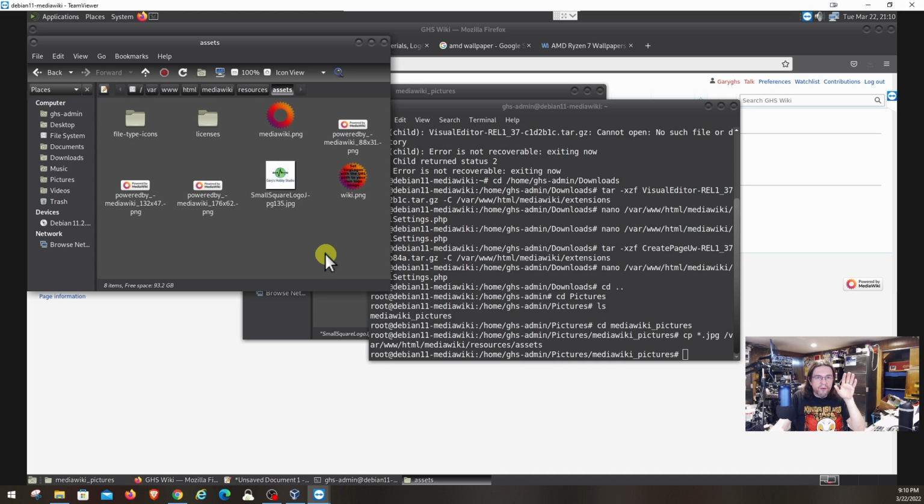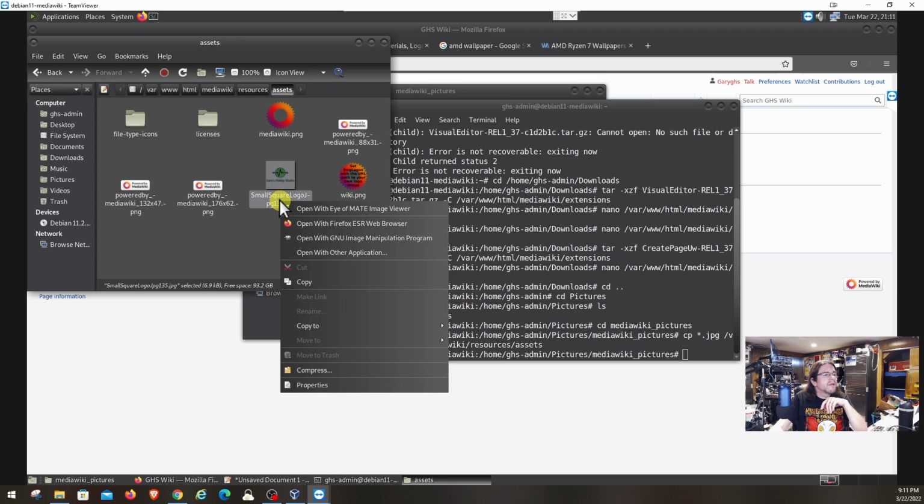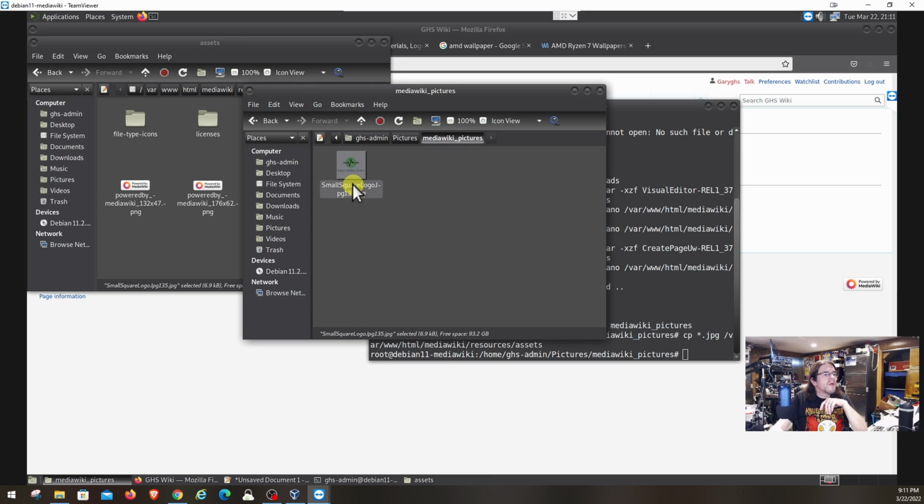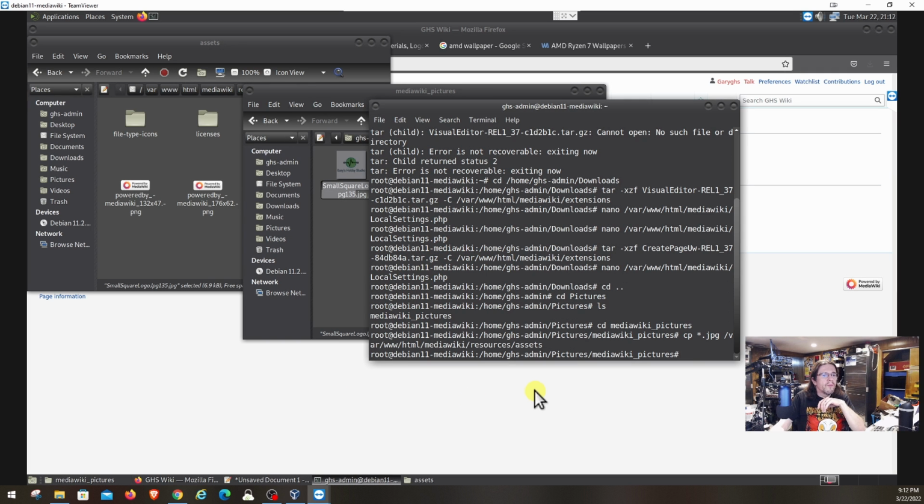Now, I recommend that you don't overwrite the original wiki.png file. So what you want to do is highlight, and no, I can't rename it. Crap. Let's see. Should be able to do it here. Yeah. Rename, and if we copy that, what we want to do is come back over here,